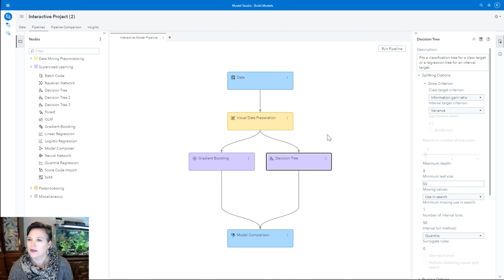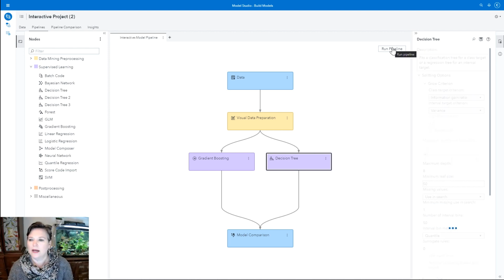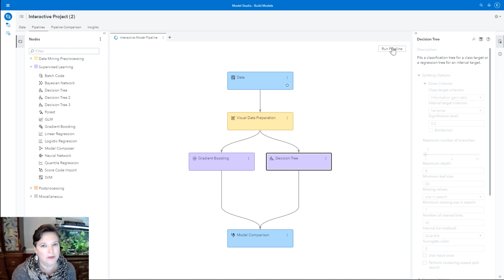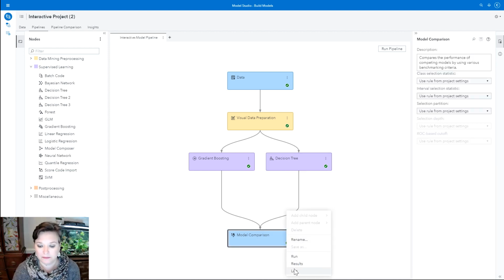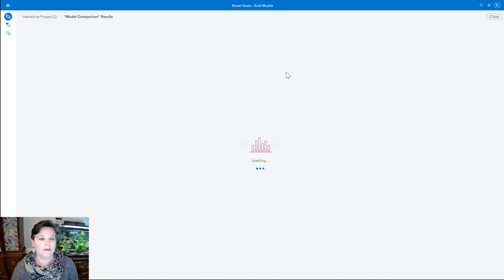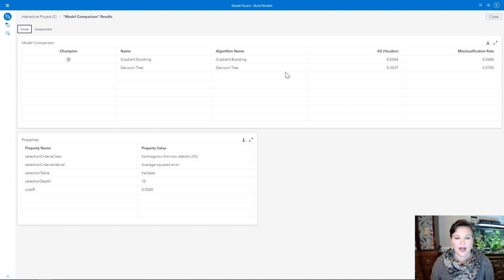And run that pipeline. Okay, in real life, you might spend a lot more time than that deciding on a good custom model to develop and train and fit and compare. And now it's time to compare them. All right, in my tournament, the gradient boosting model wins. I didn't really spend a lot of time and effort on that decision tree, but you might be able to come up with a better model on your own.